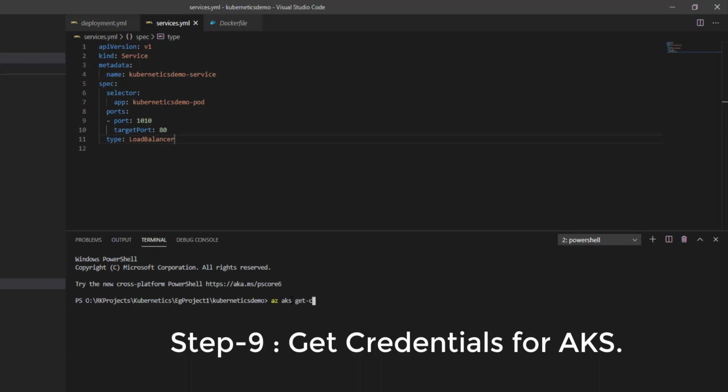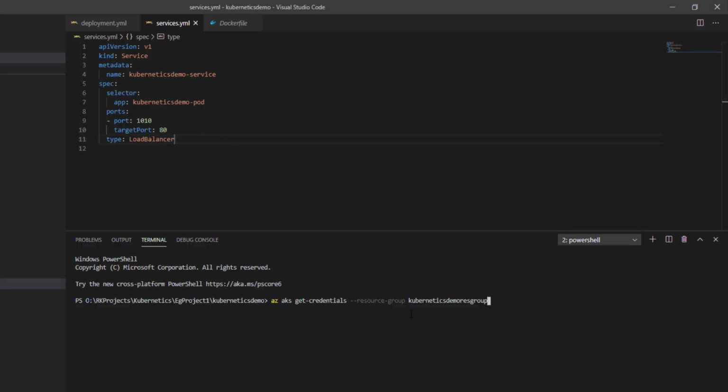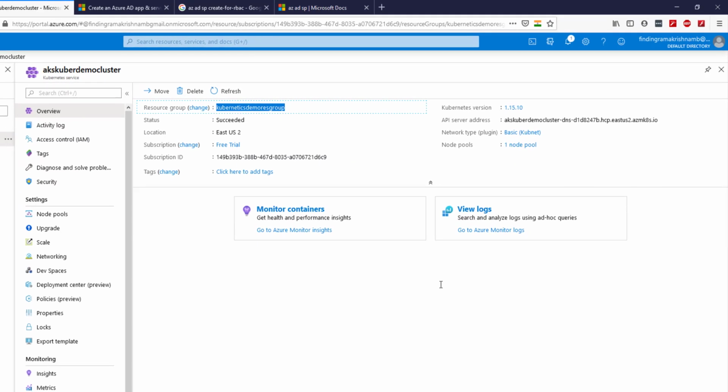To get that, let us get credentials for this Azure Kubernetes service cluster. Get credentials. We need to specify the resource group. The resource group name is Kubernetes demo group, and we need to specify our Kubernetes cluster name, that is AKS Kubernetes demo cluster.